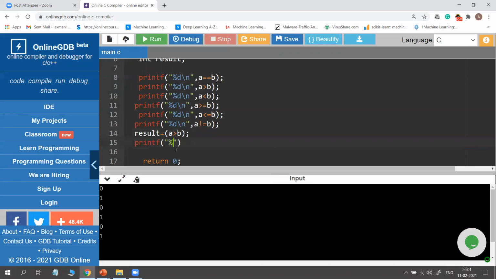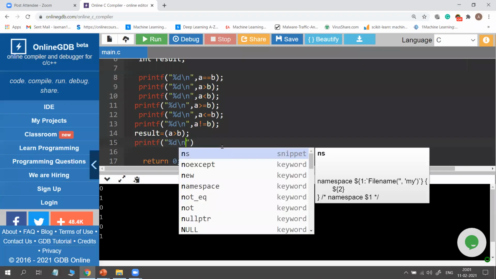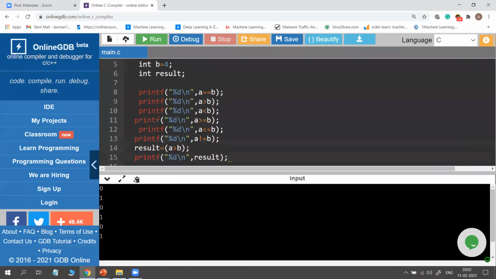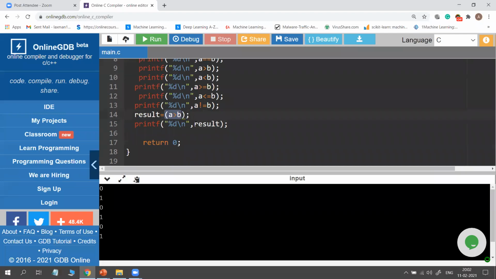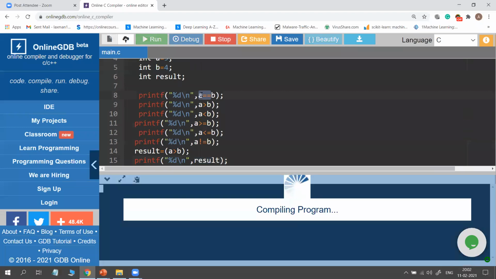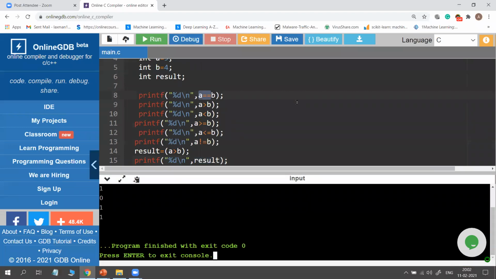Instead of directly displaying here, you can also use this notation, %d slash n and result. So what I stored in result, A greater than B, I am printing here as result. So both are the same. Instead of directly putting, you can also put those values in another variable and print that variable value. So here now you got 7 outputs.